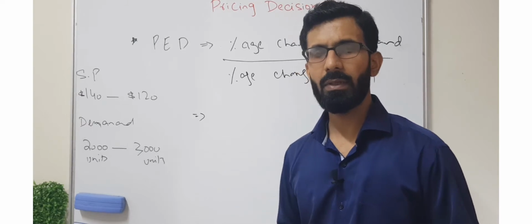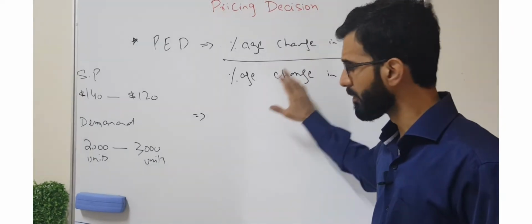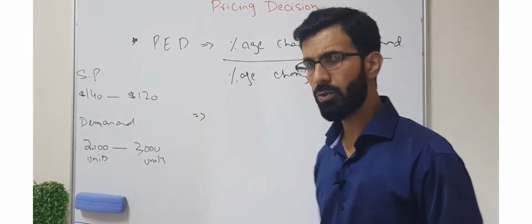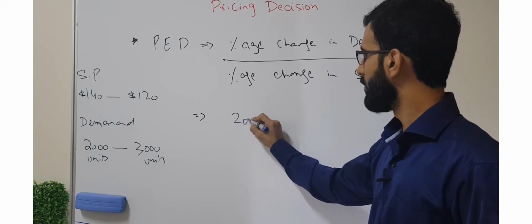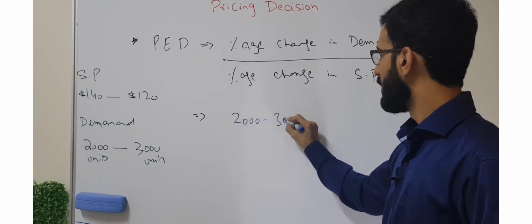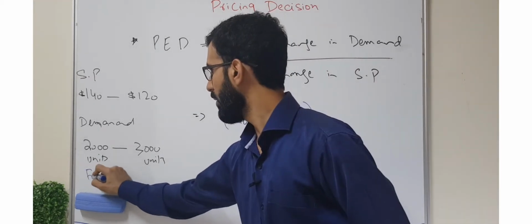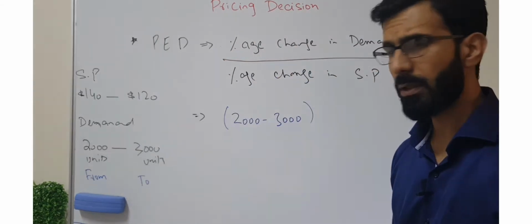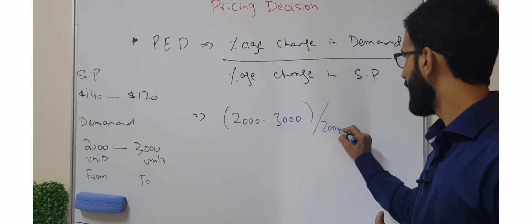When we calculate the price elasticity of demand, we need the percentage change in demand, which is calculated as the difference between these two values. So the percentage change in demand: demand changed from 2,000 units to 3,000 units. It means the base value is 2,000 units, so we will divide by